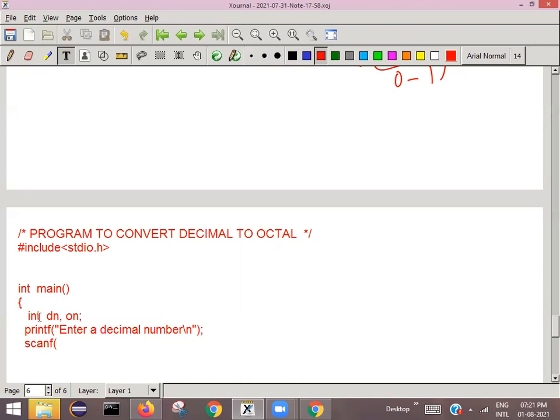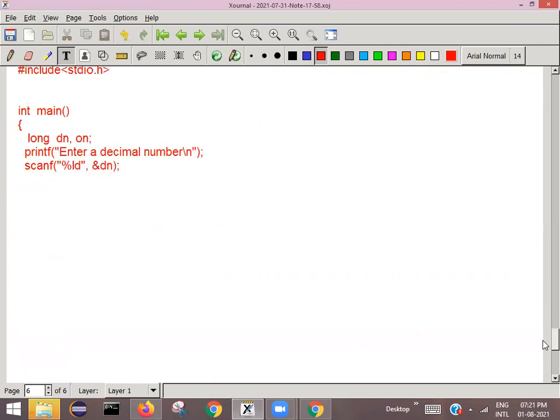We were habituated to long type now, so long will be better, right? So percentage LD, comma, then where we need to store the address of decimal number, DN, address of decimal number.